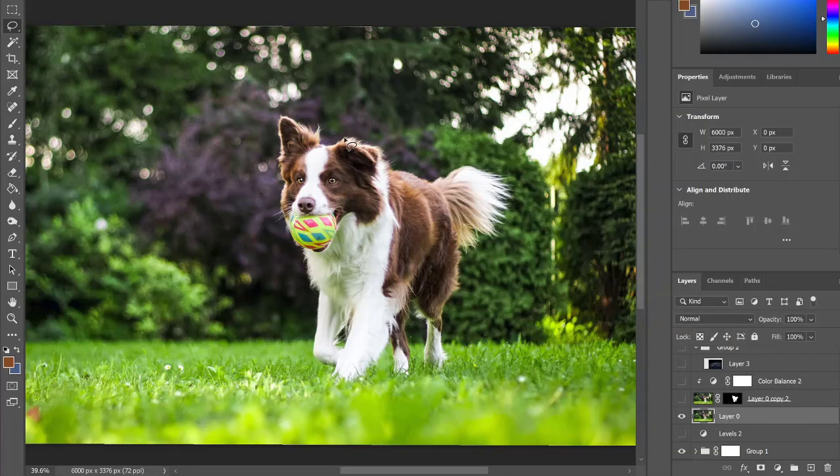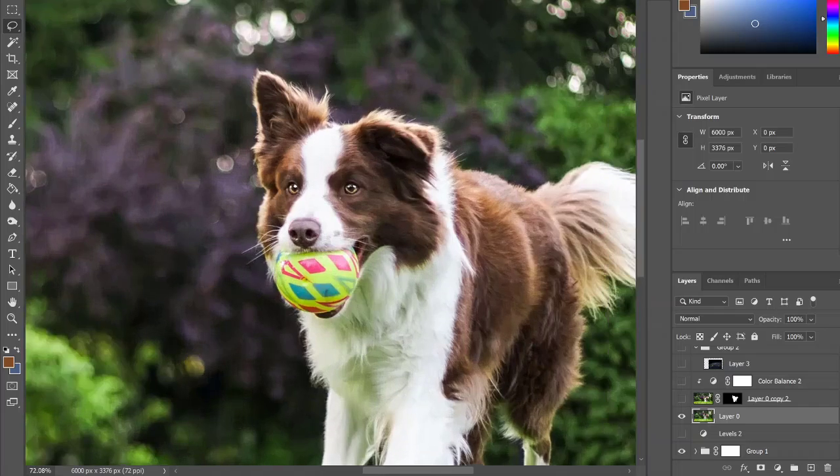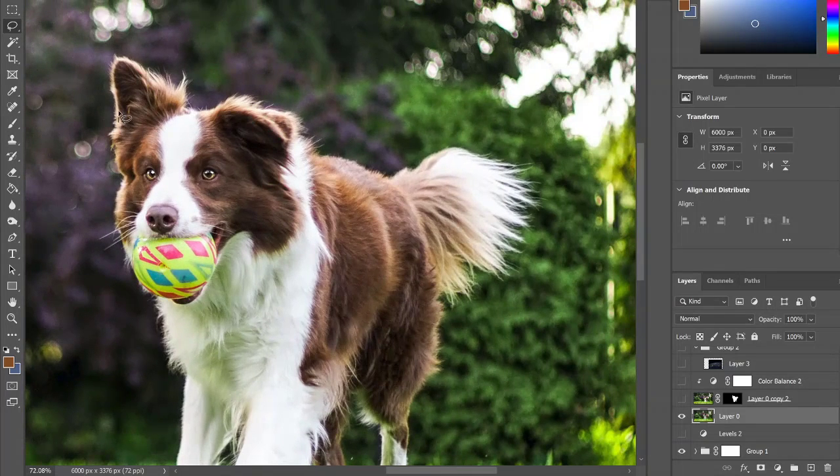So first things first, if you want to select something specific, you have three options. You have, like I said, the lasso, the magic wand, or color channels. With the lasso, it's a manual selection tool, meaning you have complete control over the selection. However, when it comes to finer details, like right here, it's very tedious to have to go